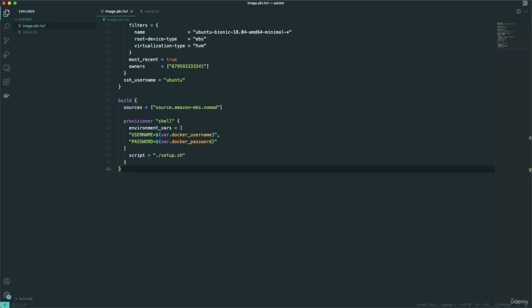Now, before we add more provisioners, we need to create an SSH key pair that we can use to log into the instance once we've launched it. So at this moment in time, we're still in the process of creating the image that we're going to then use to launch an EC2 instance in the cloud. Now, once that instance is launched with our custom image that we've built with Packer, we want to then SSH